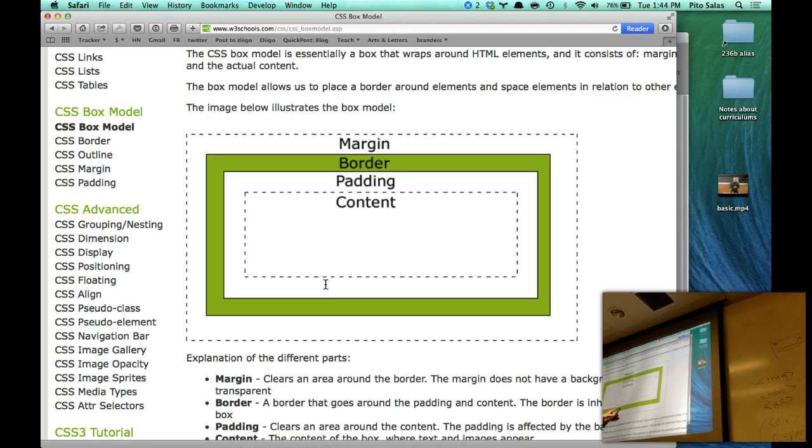Now, if your item does not have a border, like it's just a bunch of text, then the distinction between padding and margin is not very clear, because they both keep anything else out of those zones. But whenever you're trying to move spacing around, like the change I made to the website over the weekend,